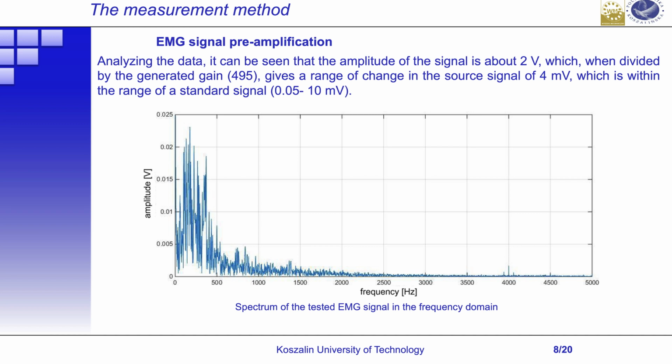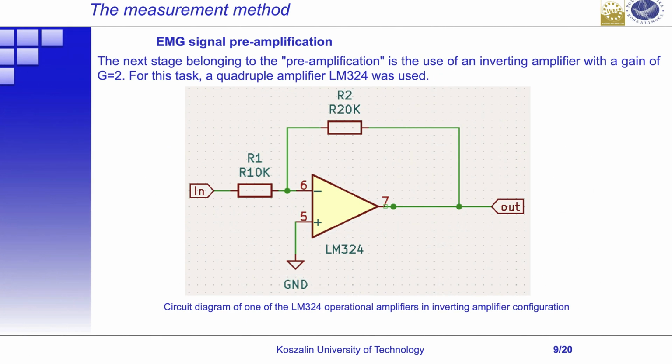The next step in the test is to check the frequency of the examined signal. Using the fast Fourier transform, the effects are shown in the graph. It can be seen that most of the signal bandwidth is in the range up to about 500 Hz, which agrees with literature data. The next stage belonging to the preamplification is the use of an inverting amplifier with a